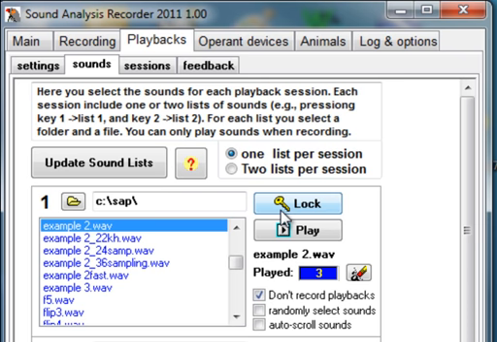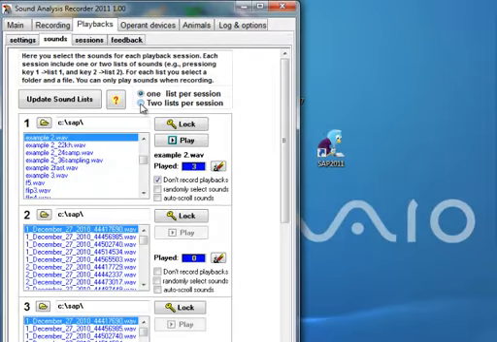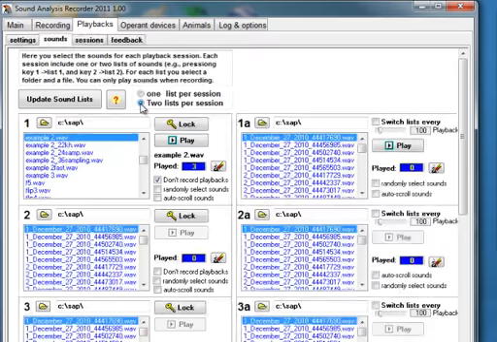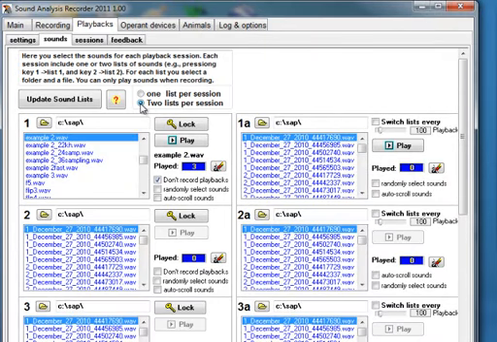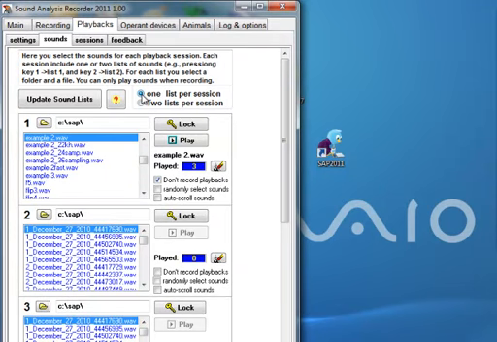Another important choice here is to have two lists per sessions, which is something that you want to use if you want to train birds, for example, to press on one key to hear one sound, and on another key to hear another sound. And we are going to talk about it a bit later. Right now we'll go back to one list, which is the simplest mode,